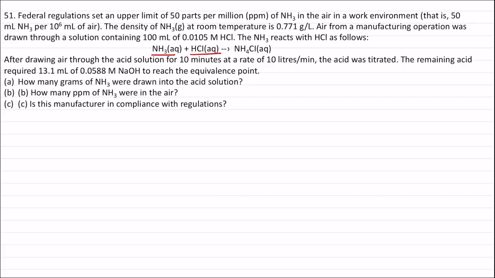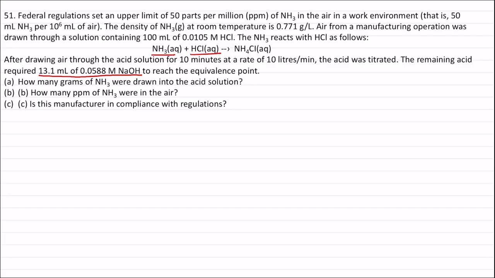Now, equivalents of HCl which is left at the end of the reaction will be equal to equivalents of NaOH. The amount of air which is drawn through the acid solution in 10 minutes will be 10 into 10, that